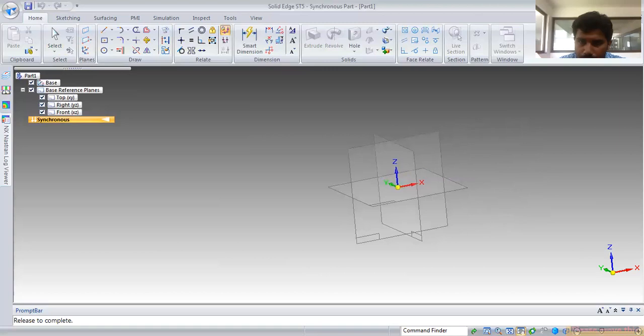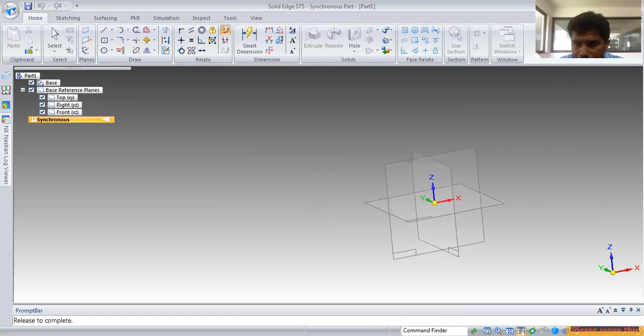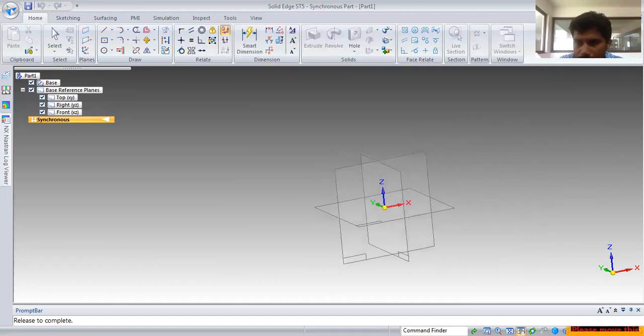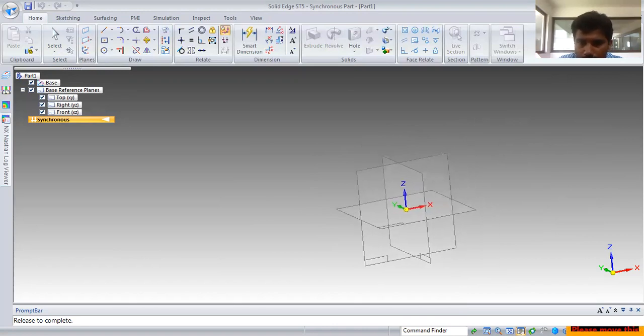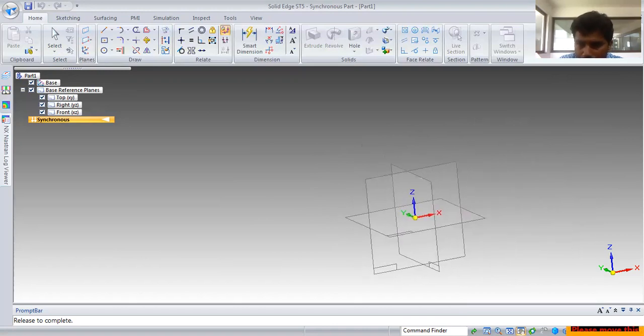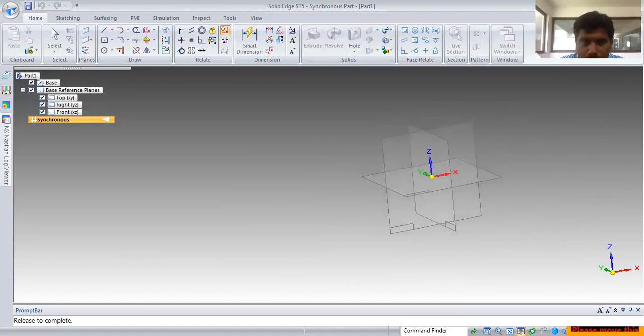Just hold the left button of your mouse and move it wherever you want, to the right side or left side. I just hold the left button of the mouse and move right and left. You can see the screen also.